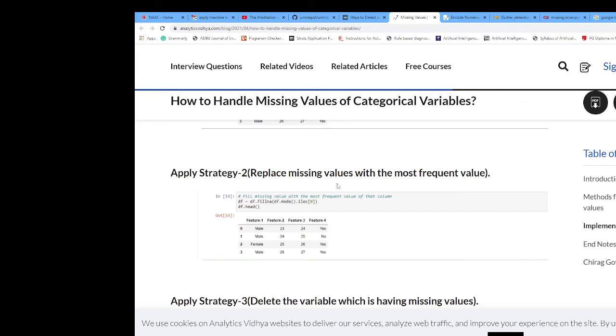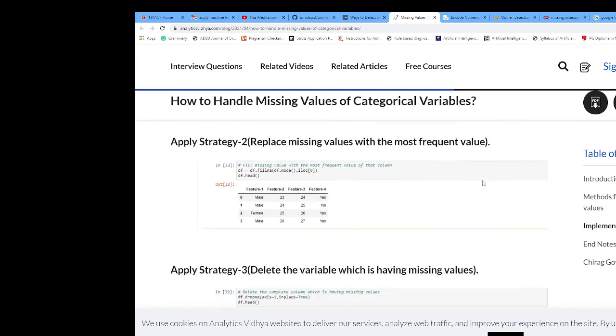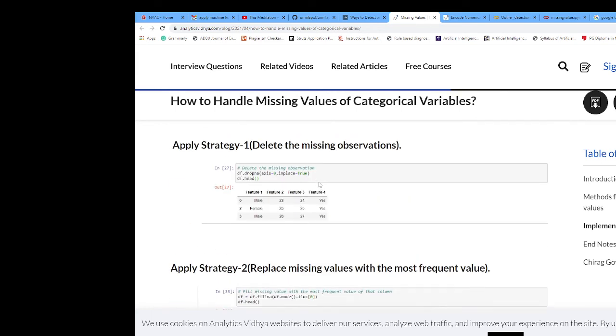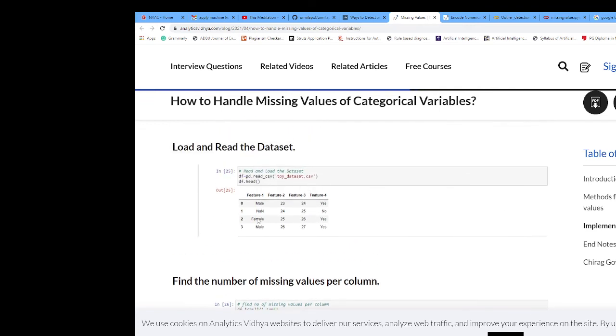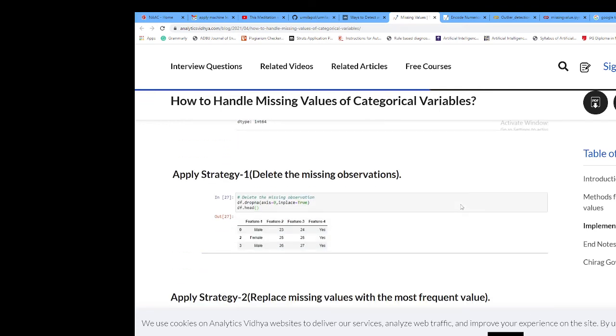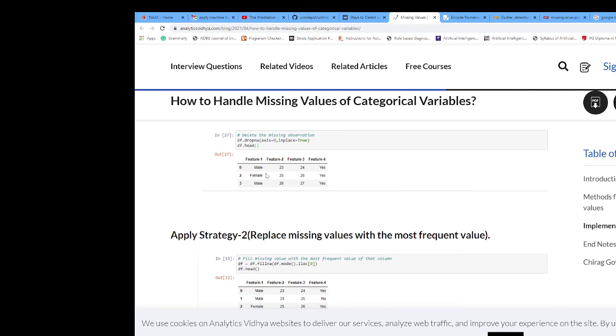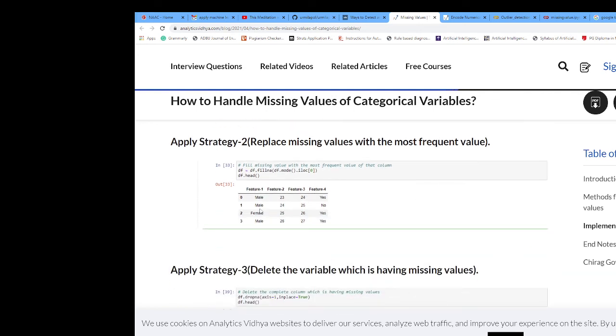Apply strategy 2. Replace missing values with the most frequent value, that is male. The first column contains the most frequent value, male. Then we have to replace it with male here. How to replace that? Fill the missing value with the most frequent value of that column: df dot fillna, df dot mode dot iloc 0.